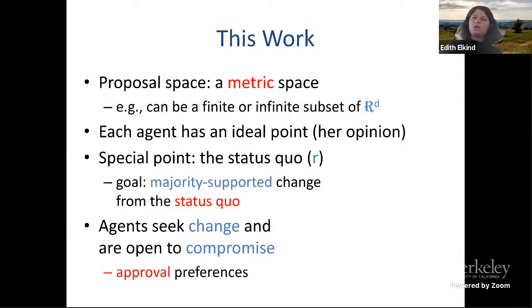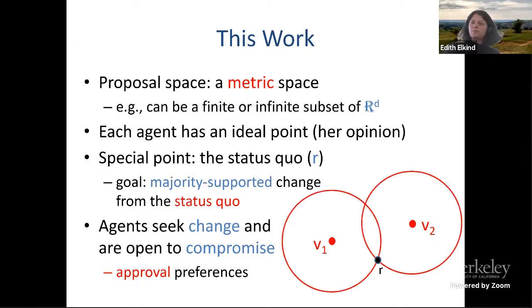Okay, so more geometrically, what we have in mind is agents with approval preferences. Here's a picture, an image of what we want to do. We have a reality, the status quo, the point R, and a couple of voters, V1 and